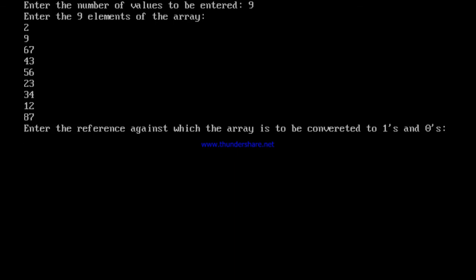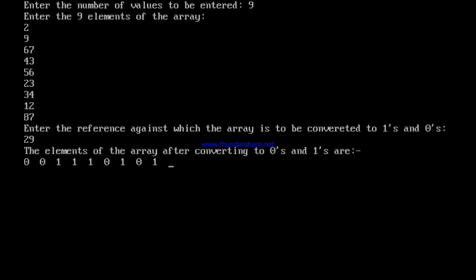So now I need the pivot. So maybe I choose a pivot like maybe 48 or something like that, or maybe 29 or something like that, so that it remains an equal number of zeros and ones. 29. Check out what it does.